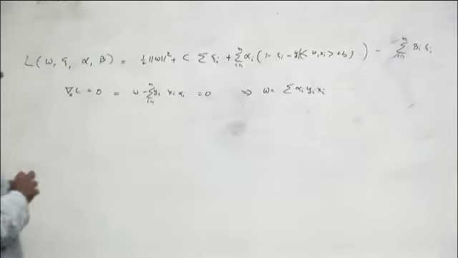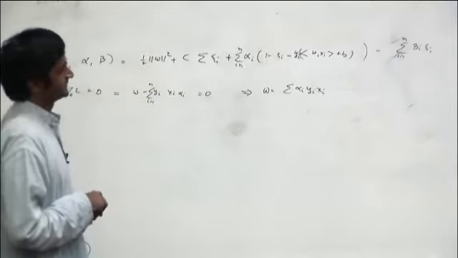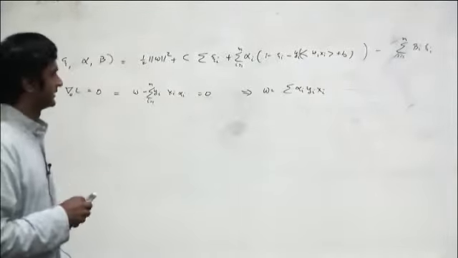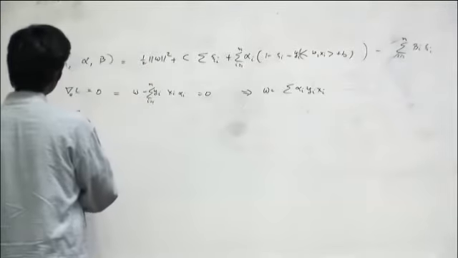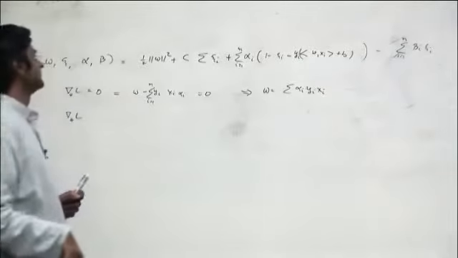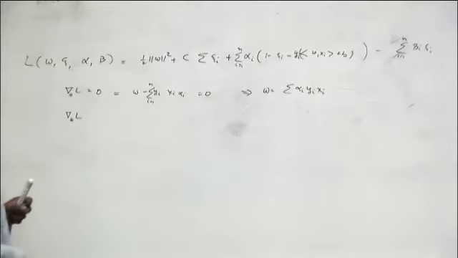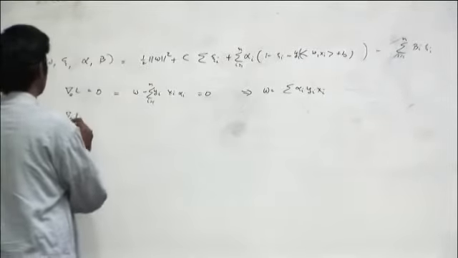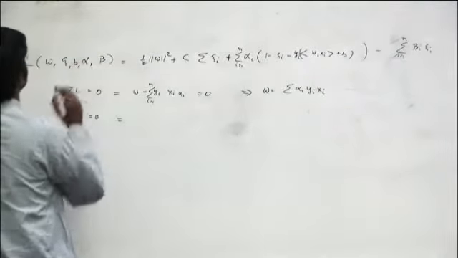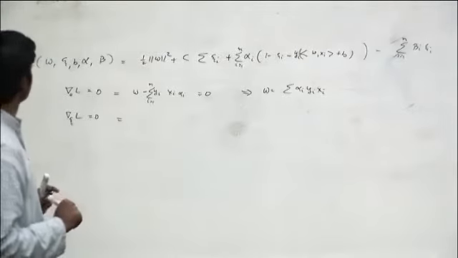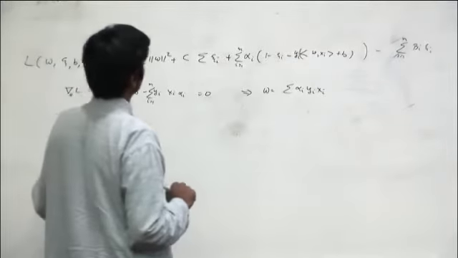There are some fundamental limitations of support vector machines, and we did some work on that. The other thing you can do is take the gradient with respect to psi, set it to 0. Oh yeah, and there's also the b. So let's take the gradient with respect to psi and set it to 0.